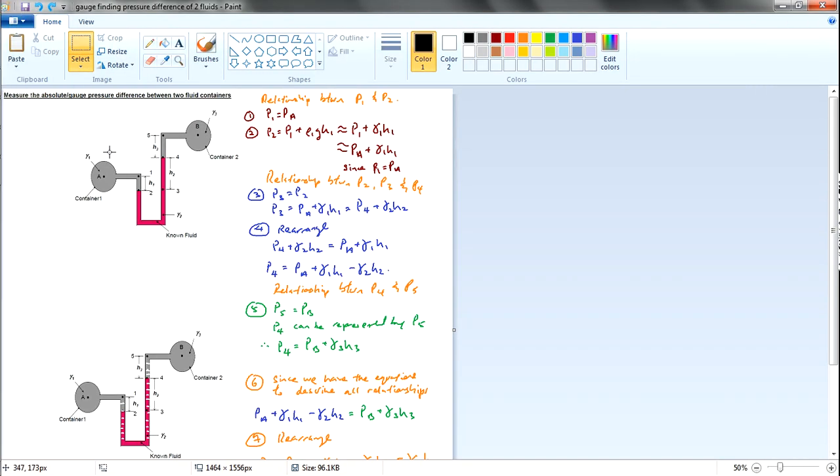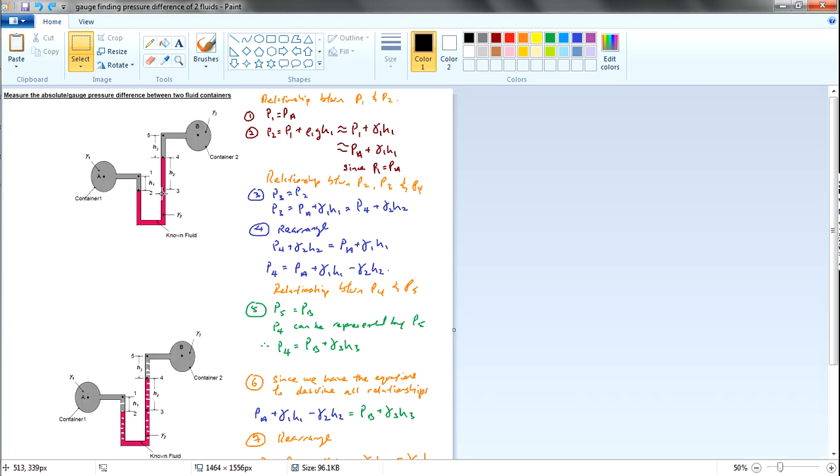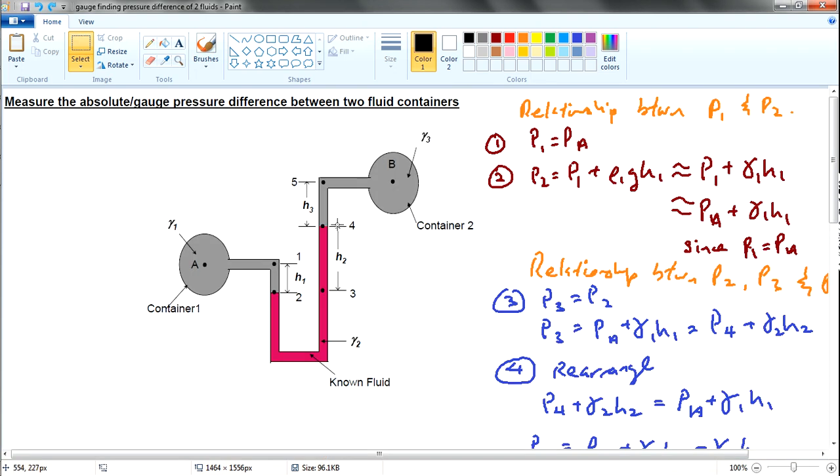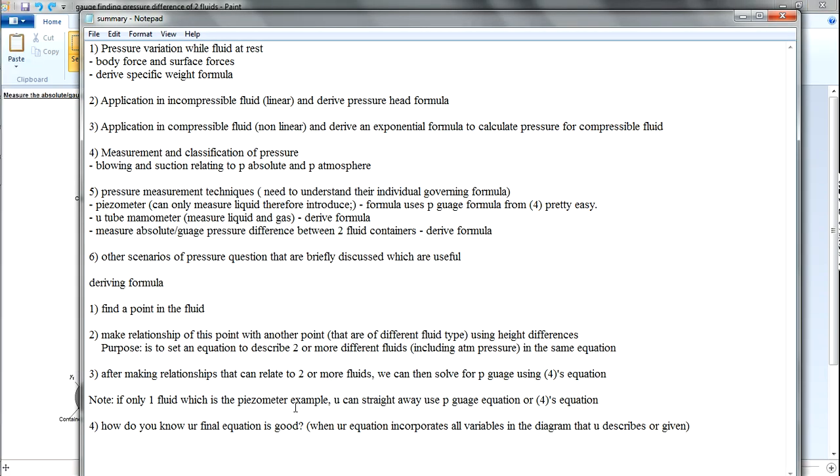Find whatever point in the fluid, and then use this point to see whether you can describe other points. I can use this point to describe the point P2. Then I can use P4 or P5 to describe the point P3. So you try to set up an equation that can describe all of these points, 1, 2, 3, 4, 5, that are labeled in the diagram. And then after that you use